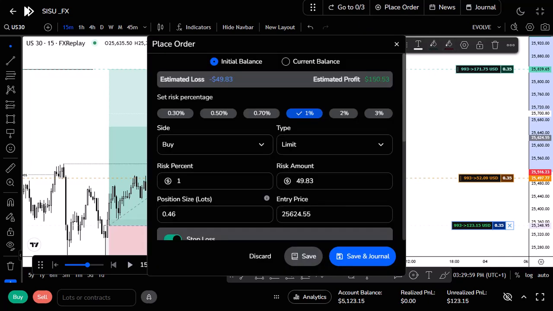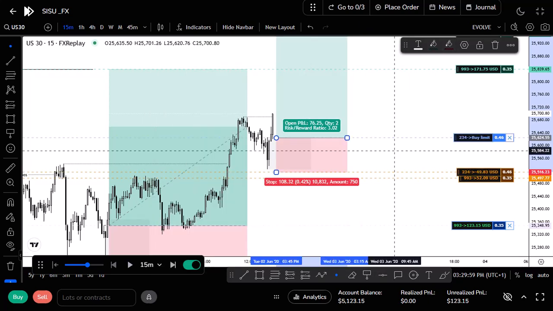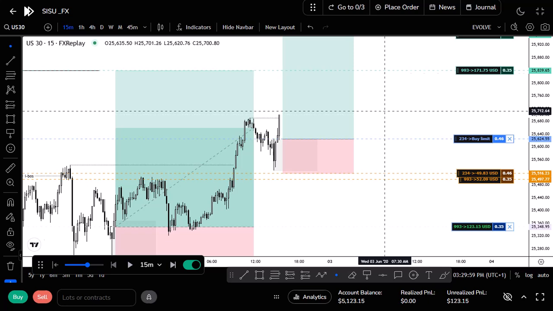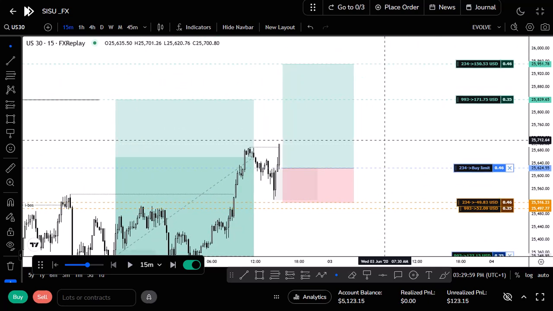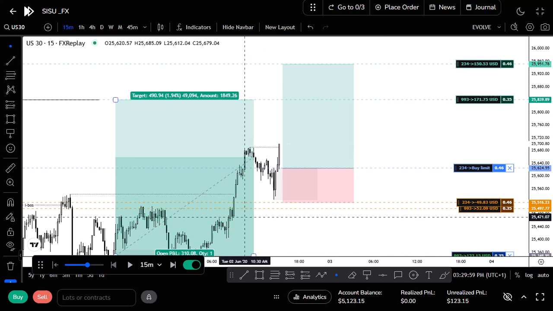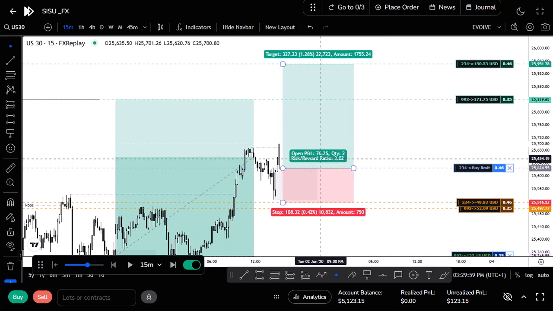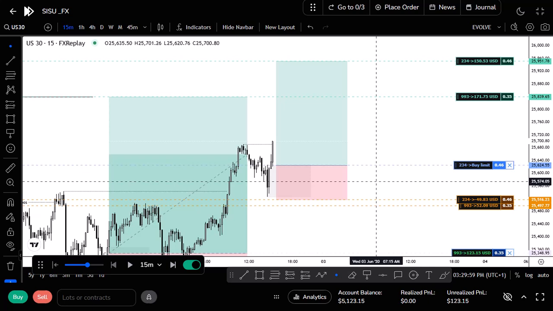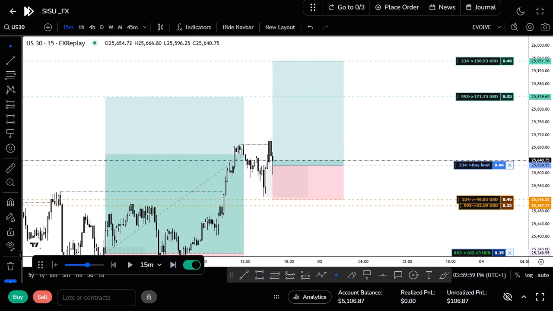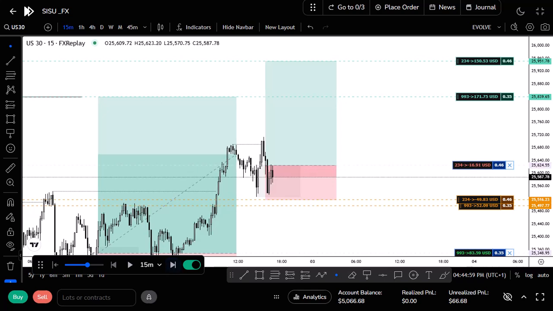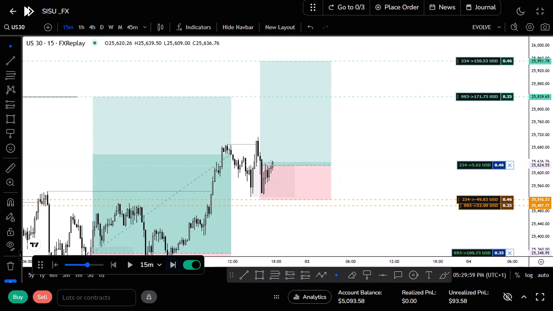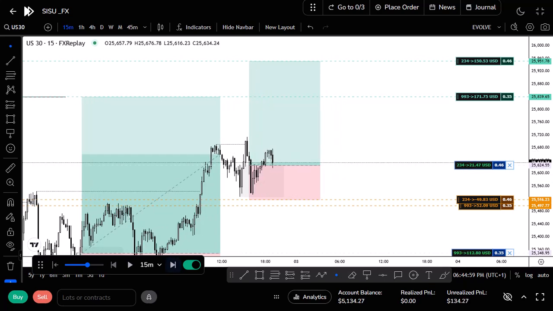Let me just set the limit order. Trust me, if this is on a live account or a live trade, I won't do something like this. It is very, very silly, but it is what it is. Just in case you miss this one and you want to take the same risk, you can just do something like this. You get in again, and you do nothing. Remember, until either SL or TP, you do nothing.